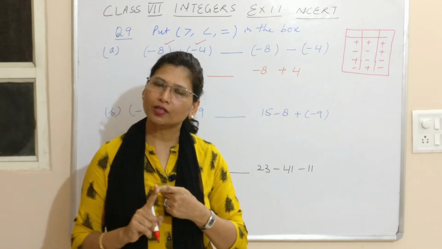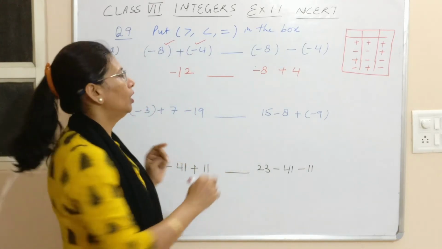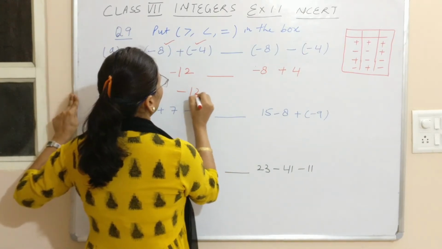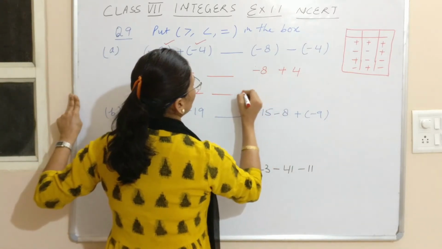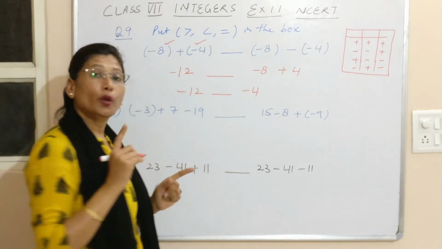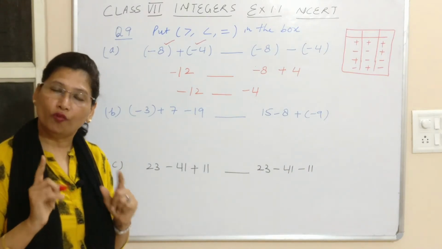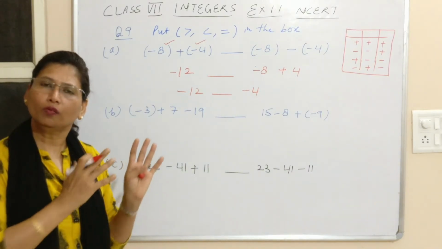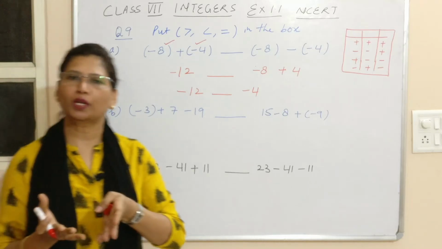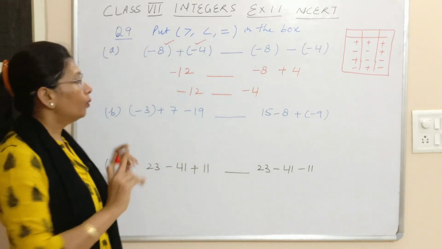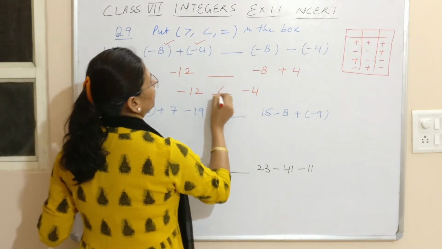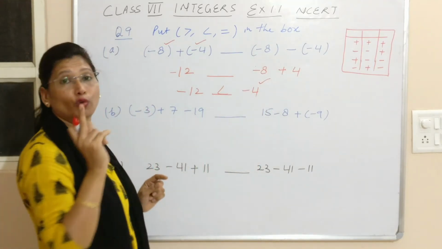8 is a bigger integer and 8 carries a negative sign. So here I'll write in the next line, this is minus 8 plus 4, this is minus 4. Fine. Now which side is greater? First thing is clear, they are not equal. We have minus 12 and on the other side we have minus 4. So they are not equal. Now which side is greater? This is greater. Minus 4 is greater.